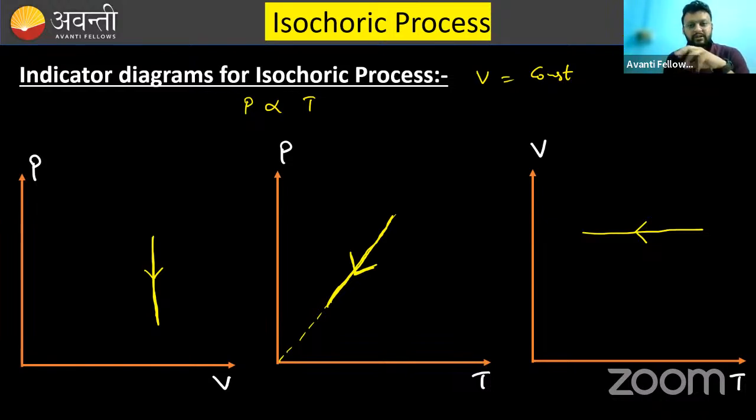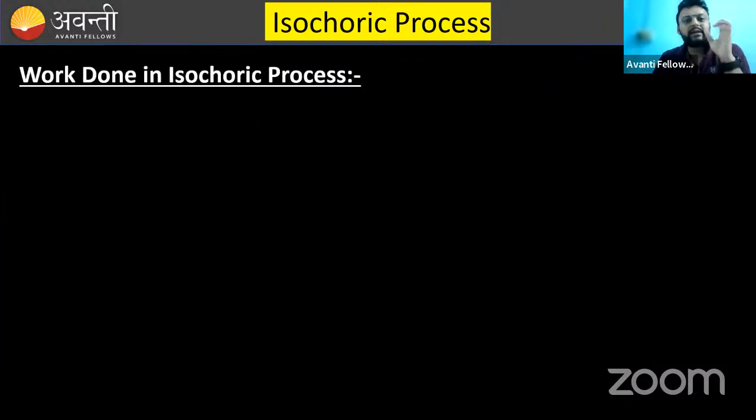I think every point is clear till now. Now, work done in isochoric process. This is the simplest part of the derivation of this process. Work done in isochoric process, what we have learned, work done is equal to the integration of PdV